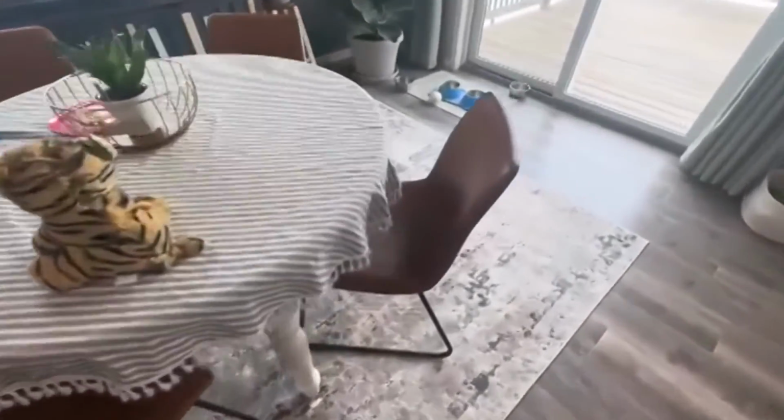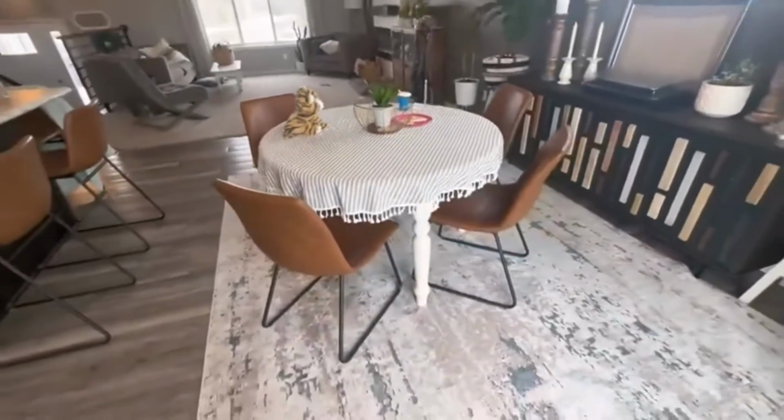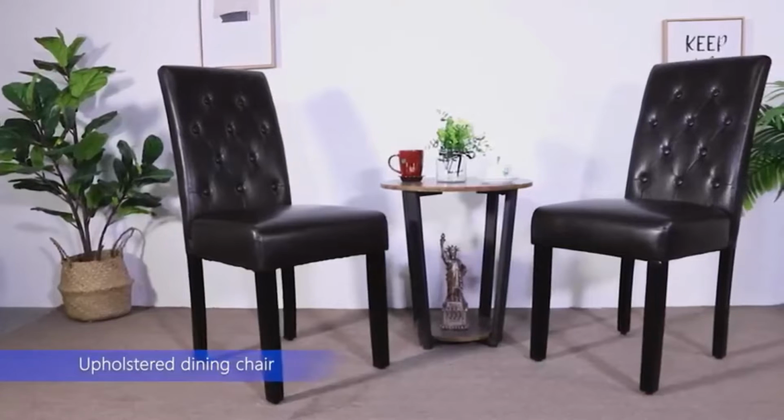Today, I'm excited to share with you my top 5 picks for the best leather dining chairs on Amazon. Leather dining chairs offer a blend of sophistication and durability, elevating dining areas with a timeless and luxurious appeal. I've spent countless hours researching and testing products, and I'm confident that these 5 products are the cream